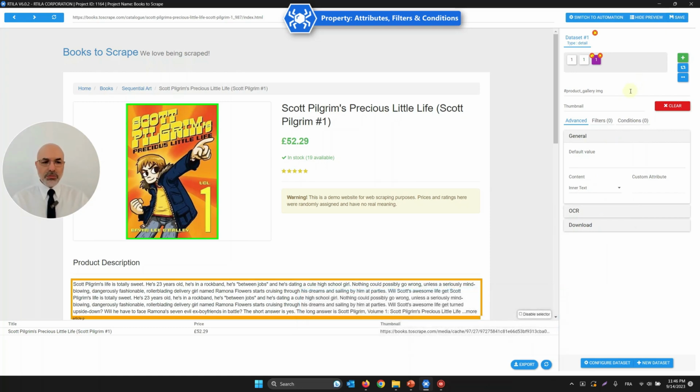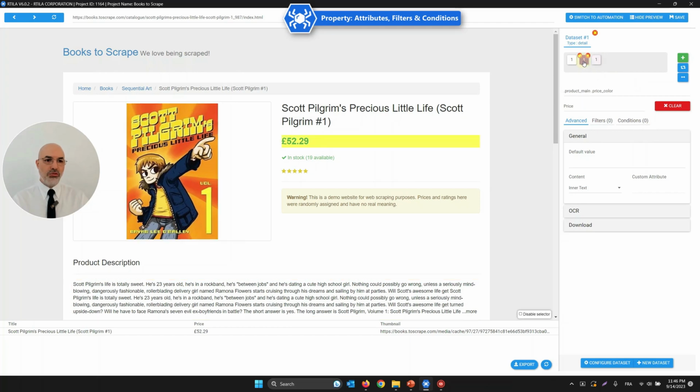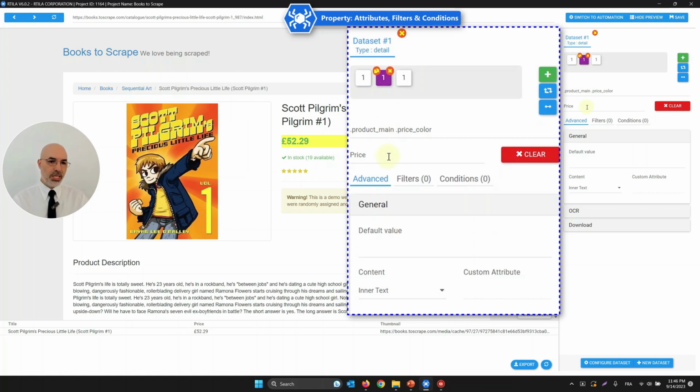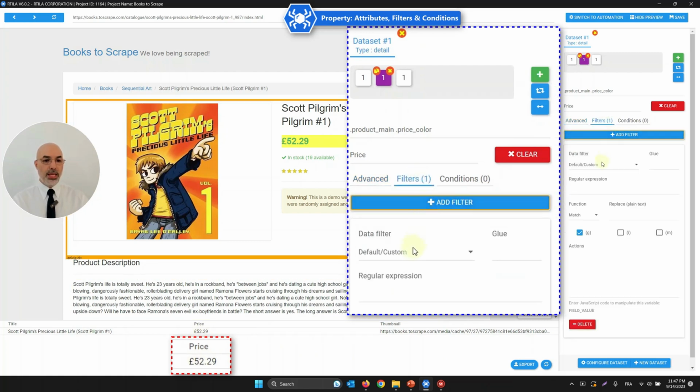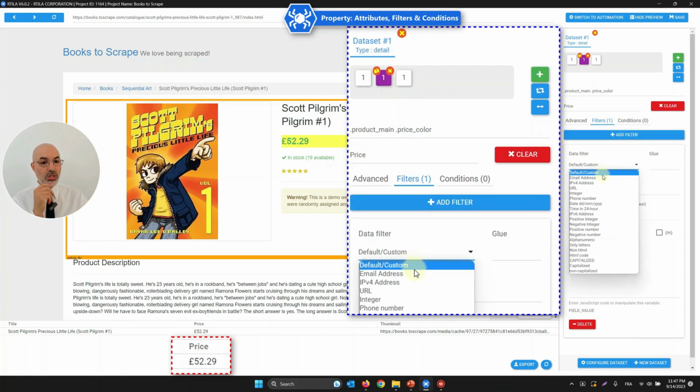Next point is that sometimes we want to filter the data. So once we select the right attribute, let's say there is something that I don't want, or I want to target something specific. For example, here in the price, I am getting the pound sign in front. And that's where I can use filter right here. I can create a new filter, and you have existing regex, regular expressions, that allow you to filter and extract or focus on certain types of data. For example, if I wanted to focus on just getting the email address in the middle of a paragraph, I would use email address. But in this particular example,